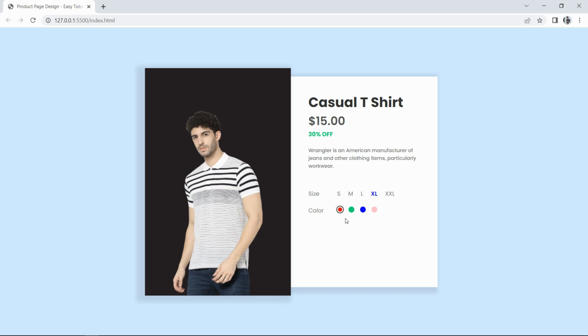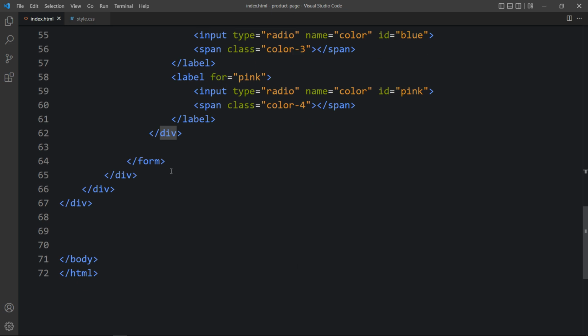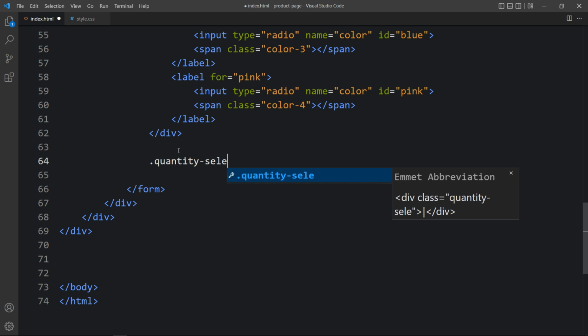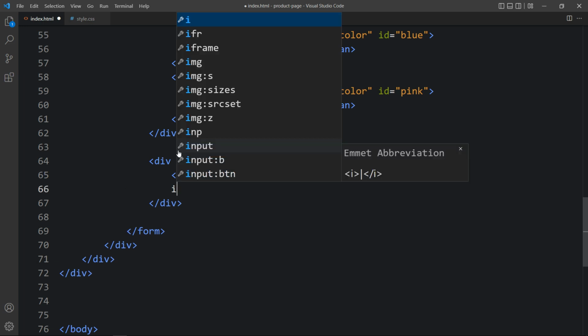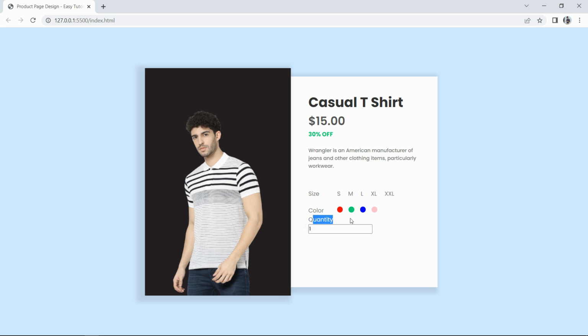Next we will come back to the HTML file, and here before this closing form tag, we will create another div with the class name quantity select. Inside this div we will add one title in p tag, it is quantity, and again we will add one input field, and input type will be number and value it will be 1. After adding this, let's refresh the website. You can see this quantity and this input field with the value 1, and we can increase and decrease this